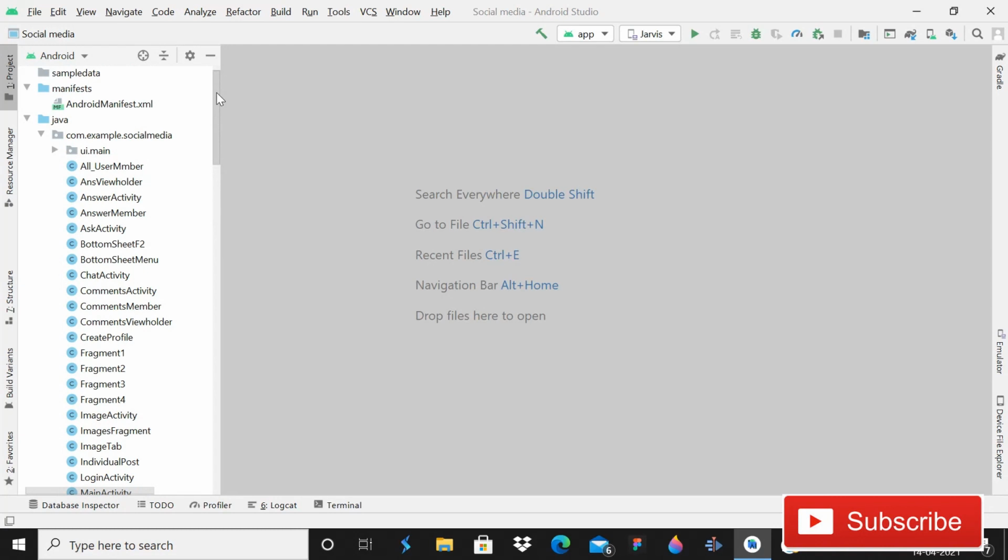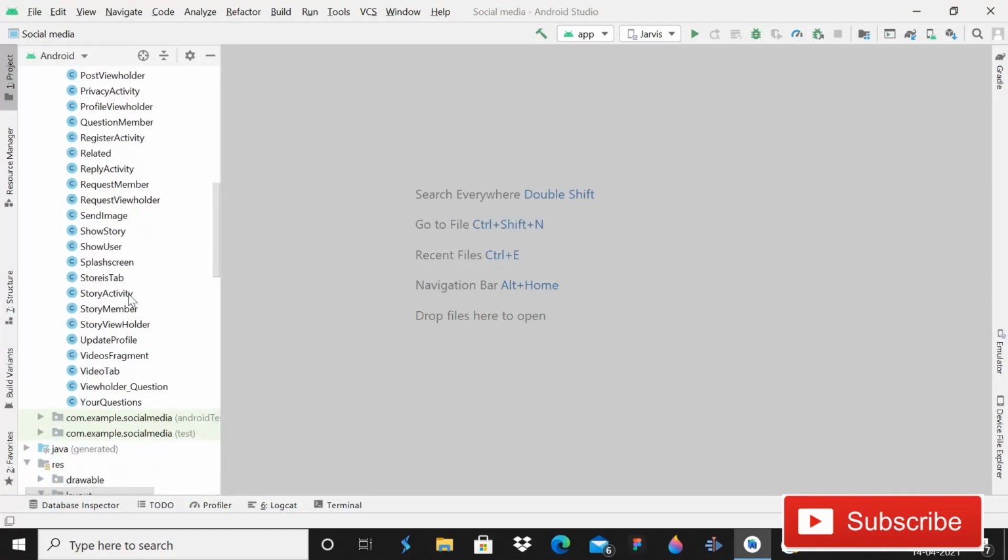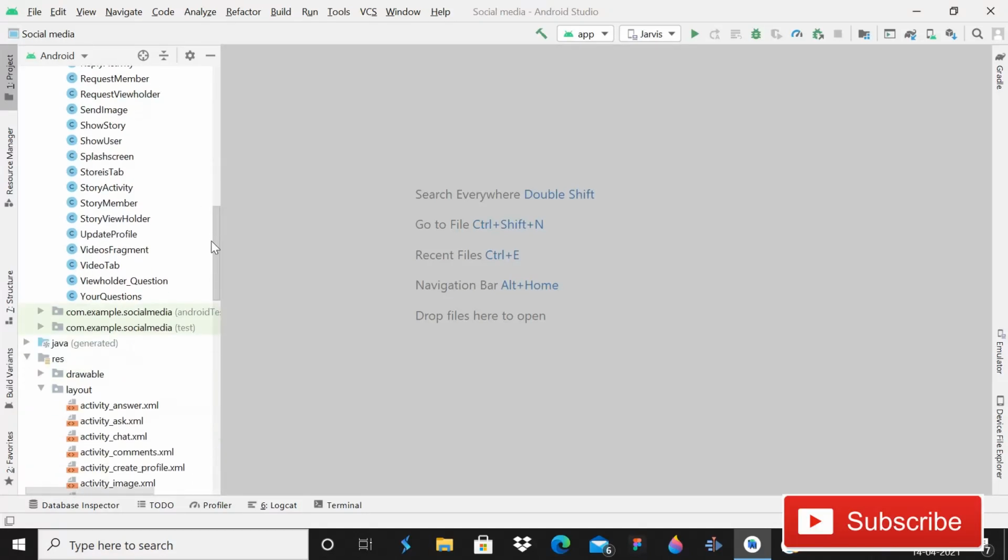So let me check how far we have implemented. So guys, now when you click on the profile image, it takes us to the activity where you can see the profile photo of the user, show profile, something like this, story, splash screen, send image, related. So we can do one thing: